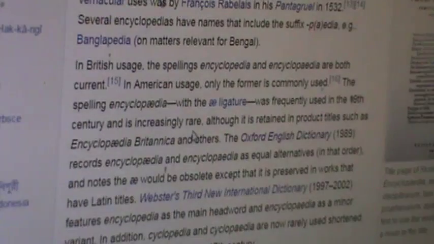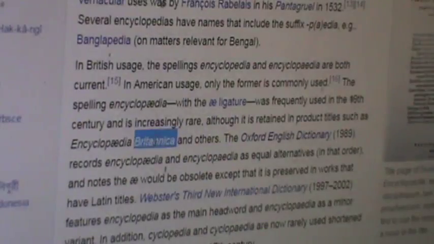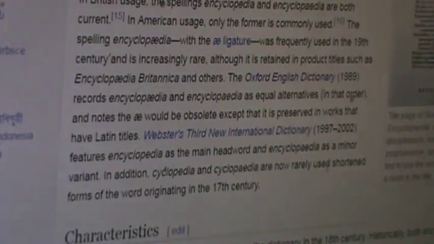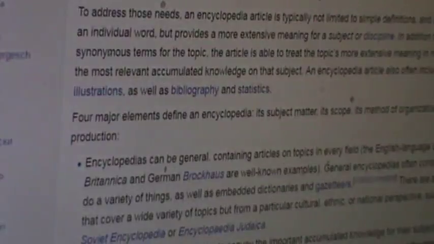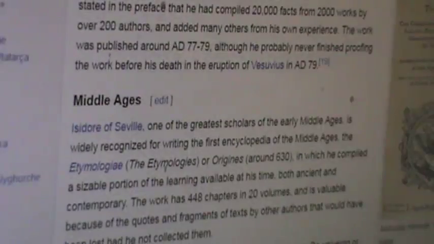And then now it was spelled differently. Britannica is +1. Cool. Well, I think that's